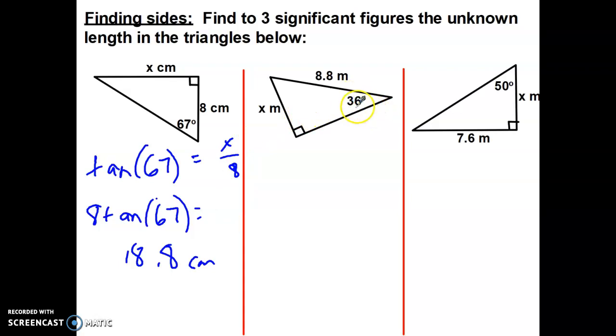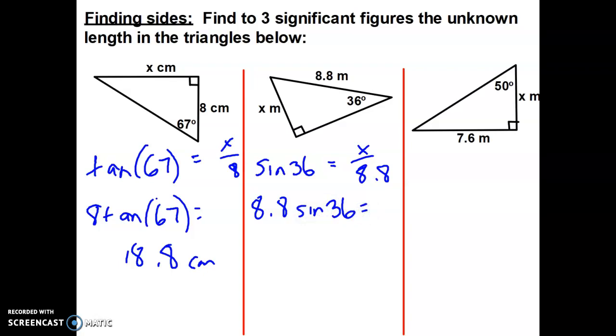So I have my 36-degree angle. It is opposite x, and the other side that I have here is the hypotenuse. So the trig ratio that uses opposite and hypotenuse is sine. Again, I could use cosecant if I wanted to. It's just that cosecant is not built in. So multiplying both sides by 8.8,